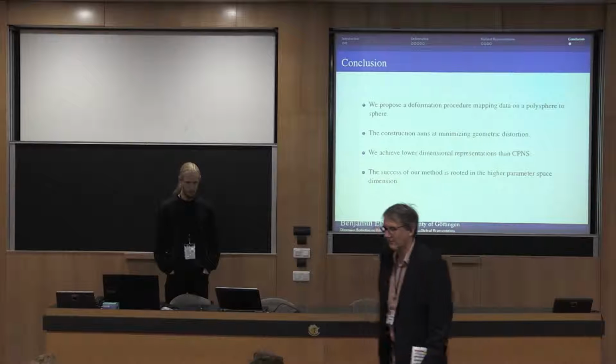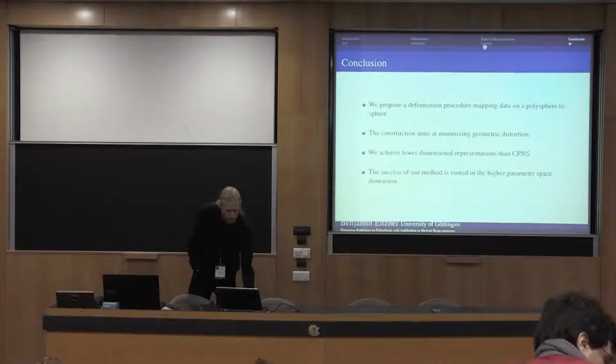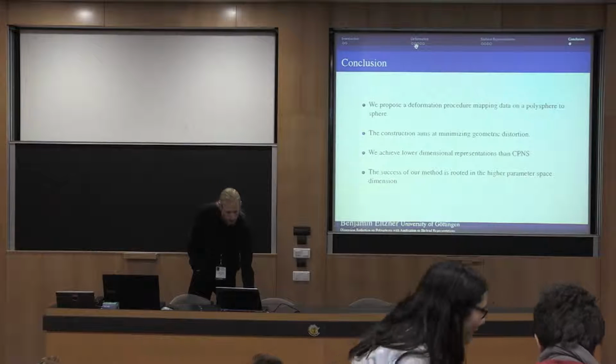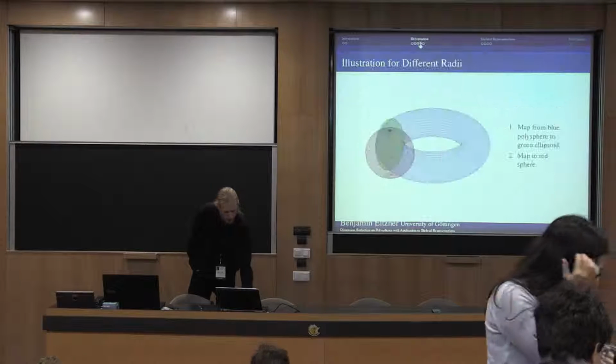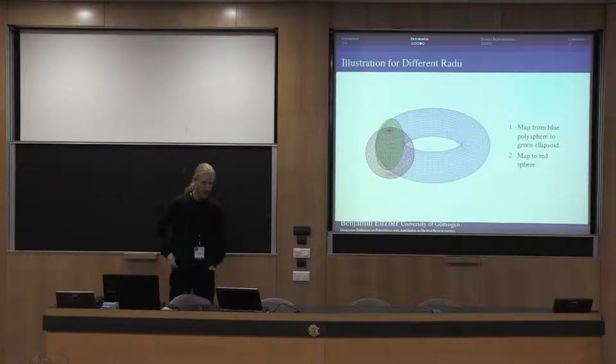So can you go back to the slide where you have the torus and you fitted an ellipsoid and a sphere? Do you mean this one? This. Okay. So I'm not sure if I interpret it correctly, but if you have data on the torus, then they get projected to the ellipsoid and then the sphere, right? So if you take a data point that is very much to the right now, why does that end up